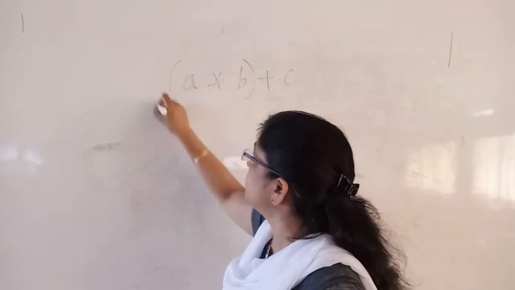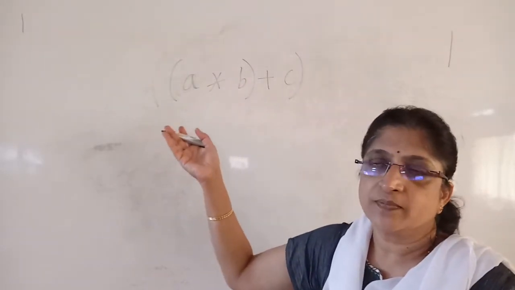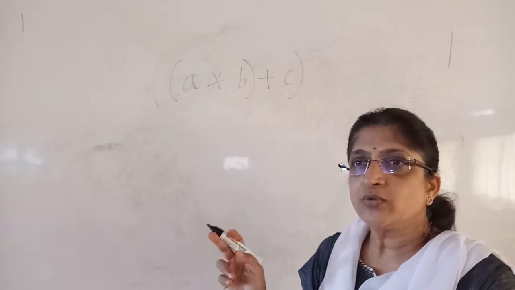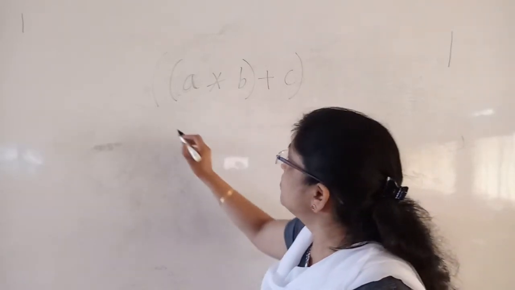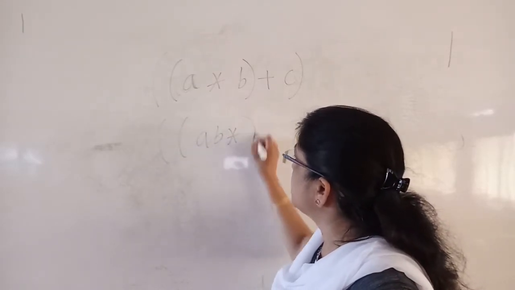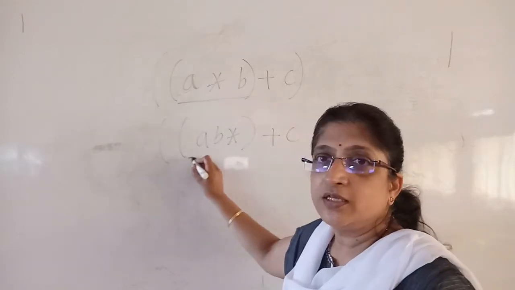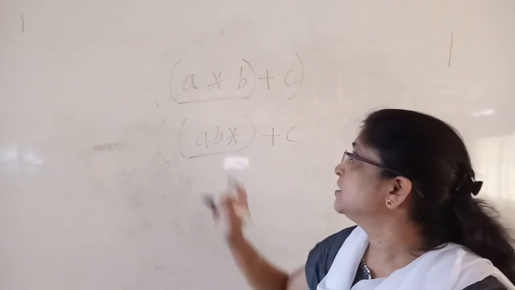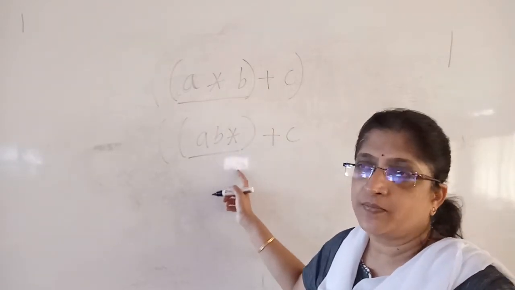Of course that's the only one. You can parenthesize this, or since it's the last one you may not. Now start converting it to the postfix form from the innermost parenthesis. So innermost we have is A, B star, then plus C. So now we have converted this to this. That is A star B is converted to AB star.